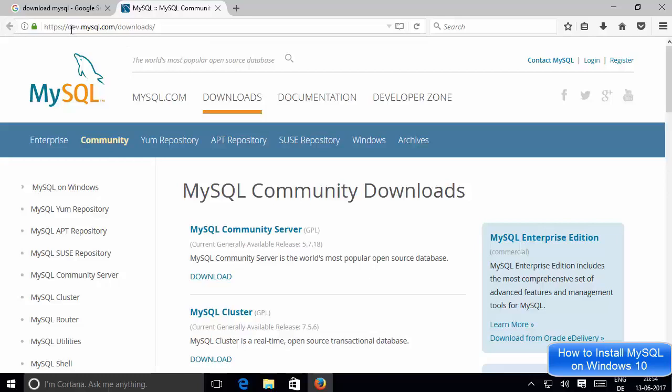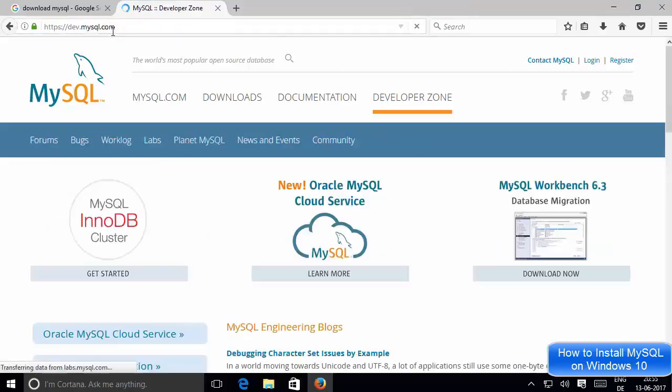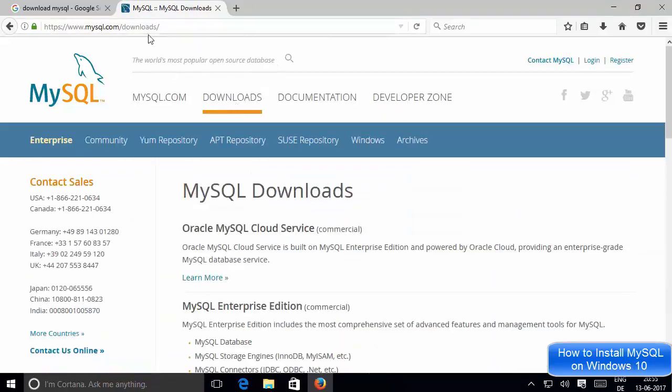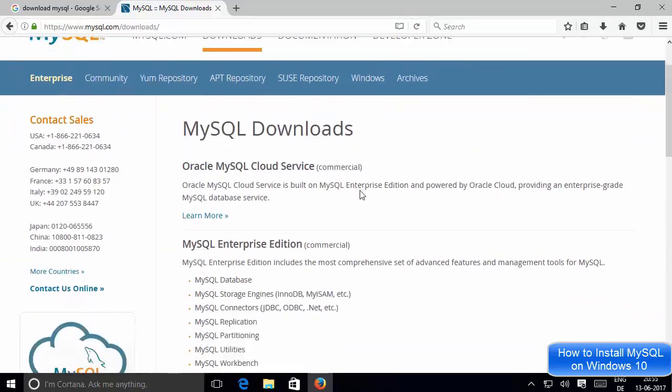The link is dev.mysql.com/download, and if you land on this dev.mysql.com page, then you can just click the downloads link here, and then you will reach the downloads page. Now in here we want to download the community version of MySQL Server.